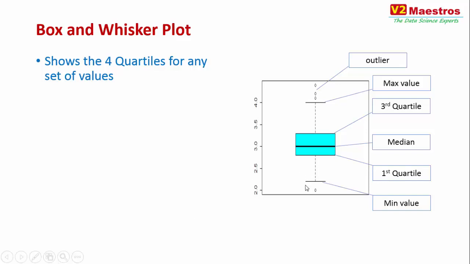So you have the minimum value, shown with the bottom line here, and then the first quartile is the bottom part of this box. The box represents the distance between the first and third quartiles. The bottommost edge is the first quartile, the median is the strong line in the middle, and the third quartile is the top of the box. The distance between the first and third quartile is called the interquartile range. And then the maximum value is shown as a line at the top, and there is a dotted line connecting the box to these top lines.